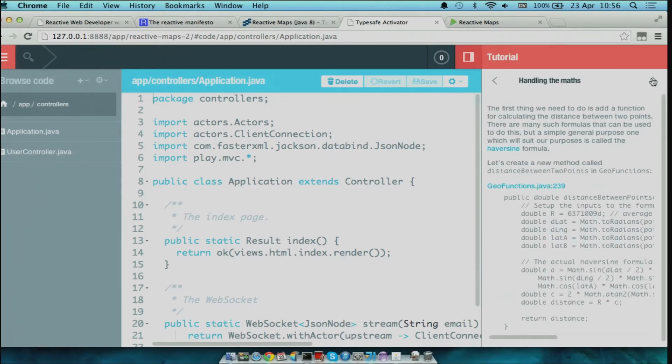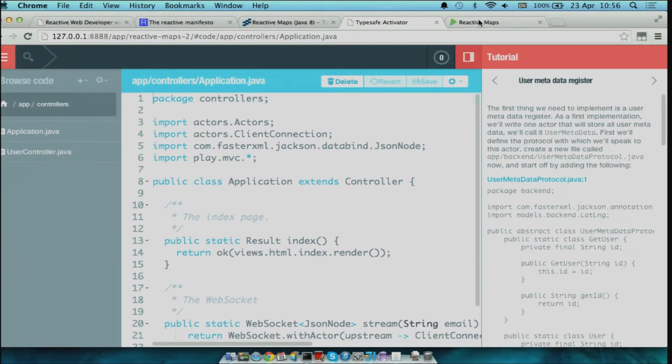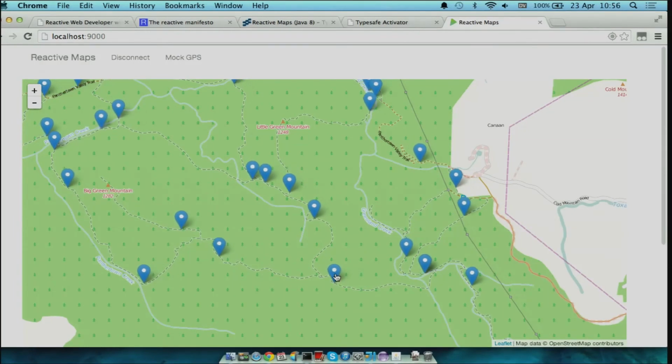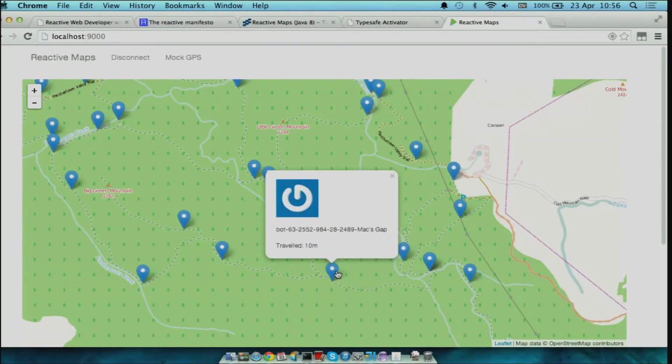So, if you're interested in seeing this reactive application with Java 8, you can go and download this yourself and follow the tutorial. But what we're going to do is add a new feature, and so they're all moving because of the way that Chrome buffers WebSocket messages.